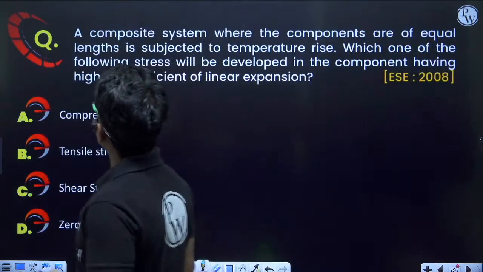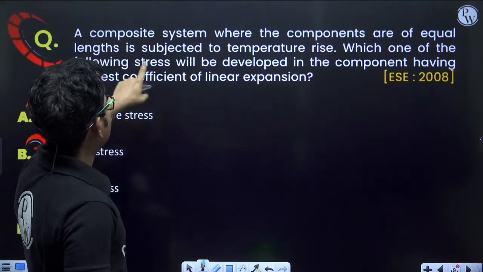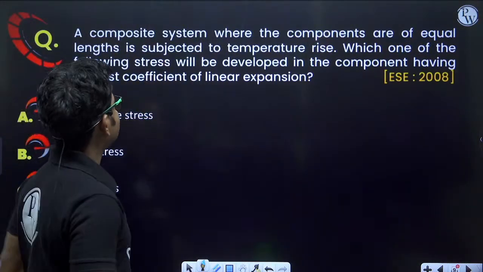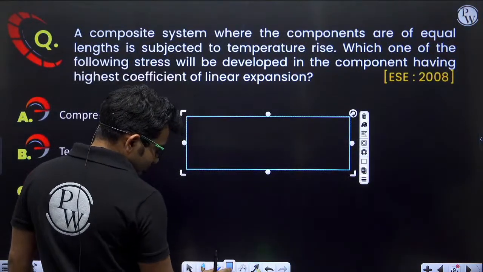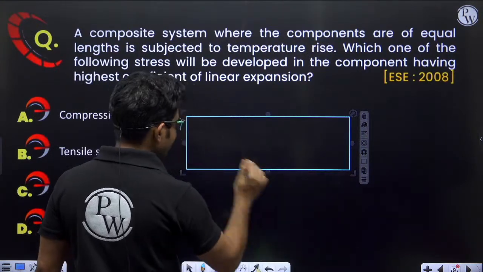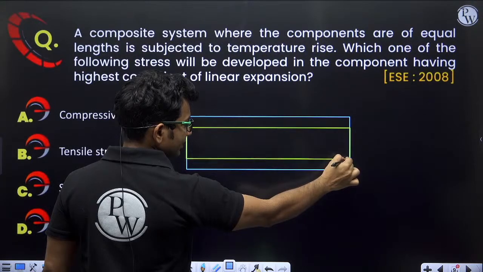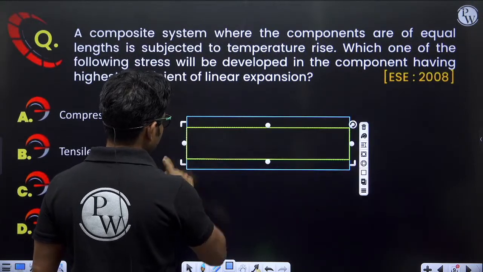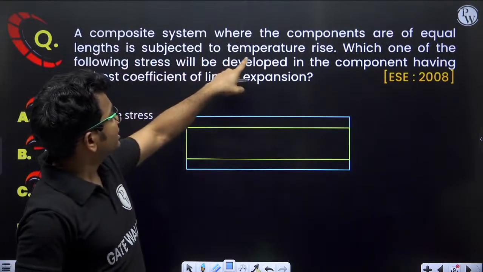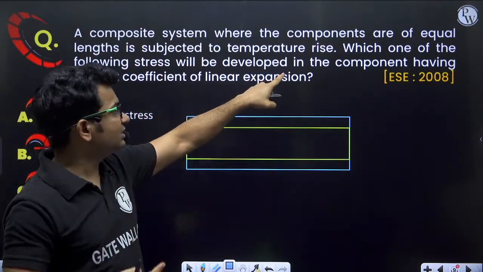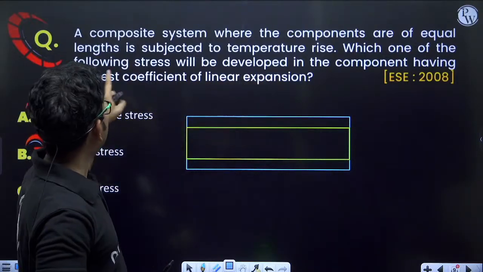Next question, a composite system where the components are of equal lengths is subjected to temperature rise. So we are having a composite system. Composite system means there are two materials bonded together, two different materials are bonded together. Okay, so these are the two different materials, these are bonded together. This is the composite system. It is subjected to temperature rise. So if we increase the temperature, which one of the following stress will be developed in the component having highest